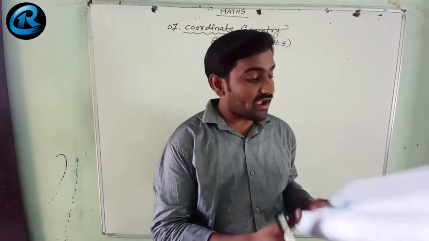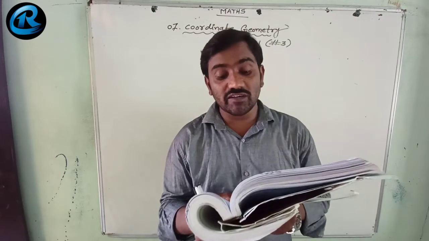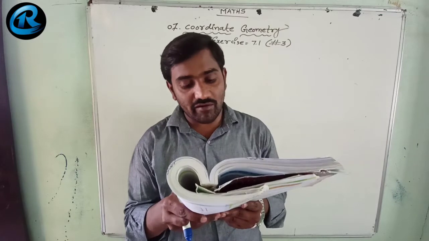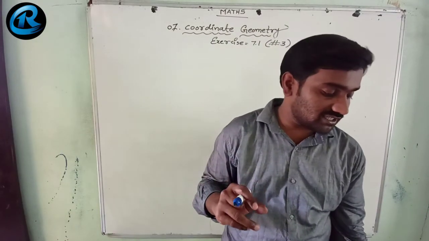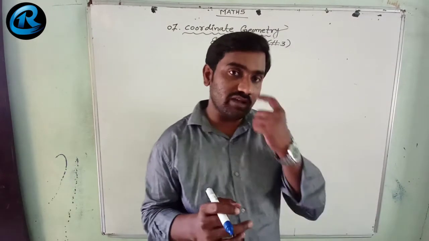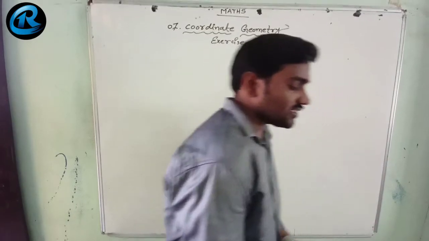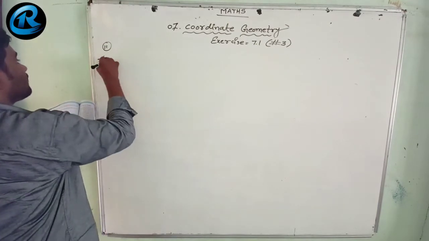Find the value of y for which the distance between the points P (2, minus 3) and Q (10, y) is 10. Same model question like the 10th question only. The distance between the 2 points is given as 10. In the previous question we got the value of x. Here we need to find out the value of y. So the distance between the 2 points is, solution number 11.